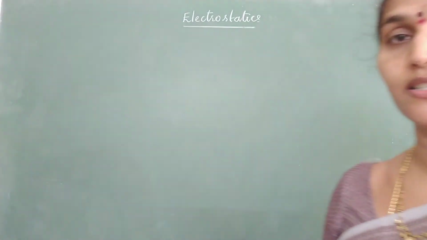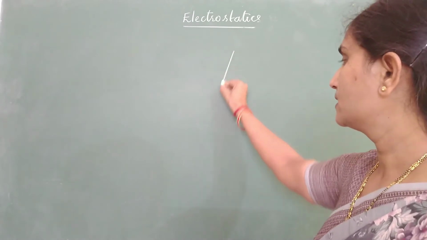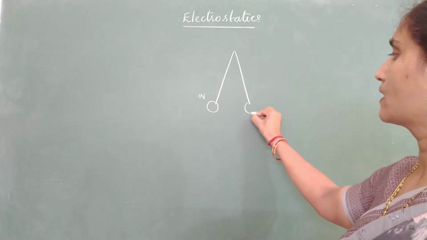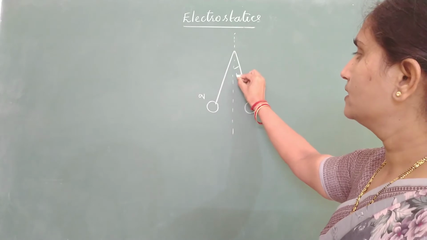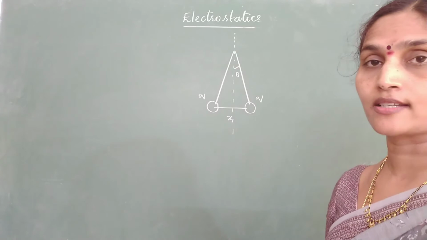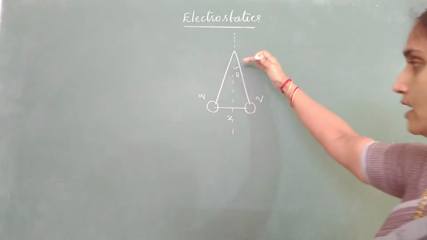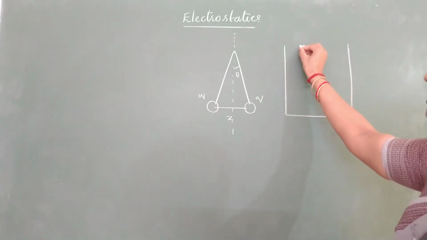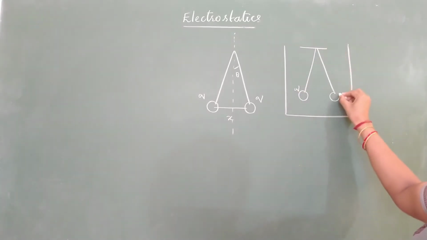Look at one more question which is again regarding pendulums. So in this question it is said that two pendulums with a charge q on each of them make an angle theta with vertical and the distance of separation is x. It is observed that the angle is not going to change even if you immerse this system in a liquid. Okay, the whole system is immersed in a liquid with the same charge.